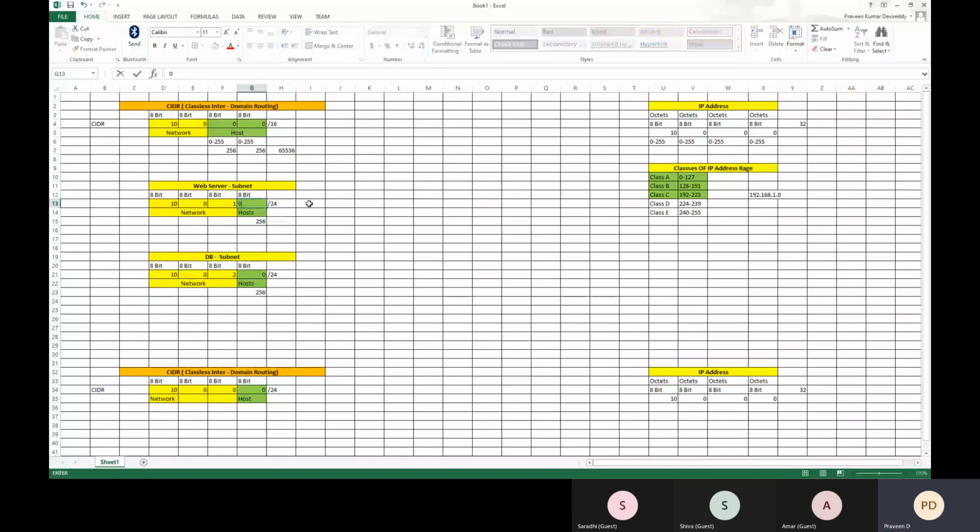This will be again a 0, this is host, here it will be 0 to 255, total 256. Here also total 256. Now we have given the CIDR notation for the virtual network, and in that virtual network we divided it into subparts, which are called subnets. And we have given the CIDR notation for two subnets, one for the web server subnet and one for the DB server subnet.